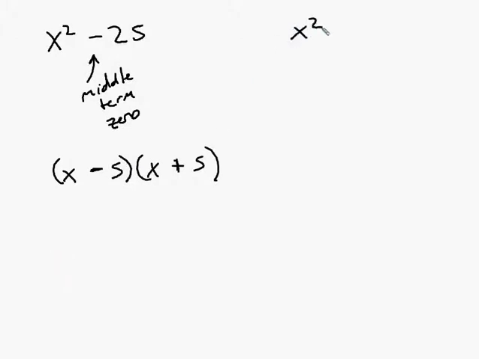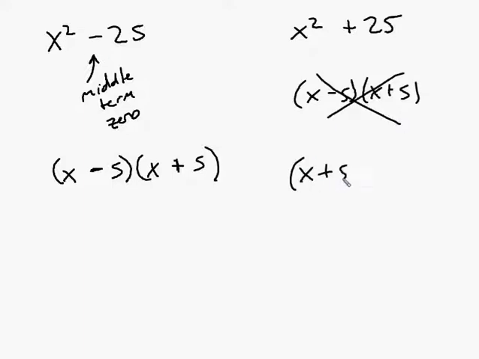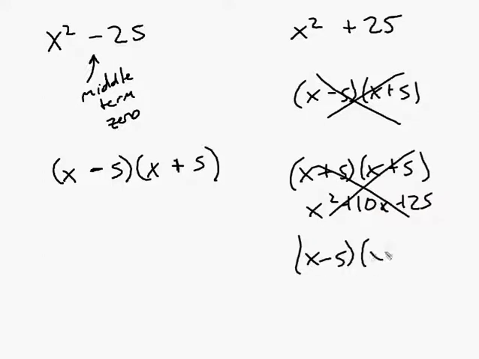But then when we had this, so we can always factor the difference of perfect squares, but when we had the sum of perfect squares, if I had this, there's no combination here. If I did x minus 5 and x plus 5, well, I'm going to get this, right? So that doesn't work. And if I had x plus 5 and x plus 5, well, then if I multiply that out, I get x squared plus 10x plus 25. So does that work? No. And then if I did x minus 5 and x minus 5, if I multiply that out, I get x squared minus 10x plus 25. Does that work? Does that give me this? No. So none of these possibilities even work. So I can't factor that